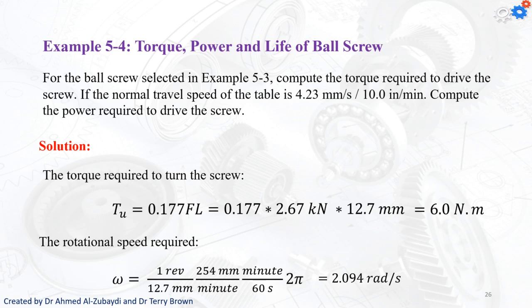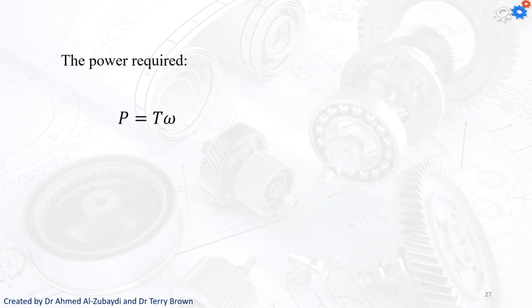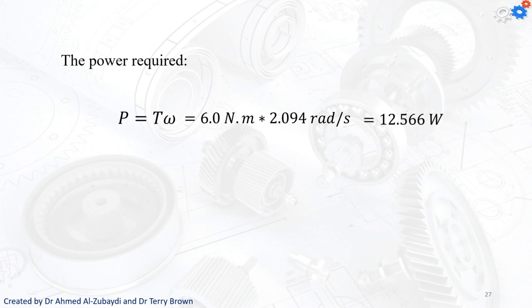That's it. I can find the power by multiplying the torque by omega. So 6 multiplied by 2.094 is going to give me the power of 12.566 watts. That's it. Now we can actually calculate the torque that's preventing the load from going down by multiplying 0.1433 by the F multiplied by the L. Okay, so that's it. And we're going to have more